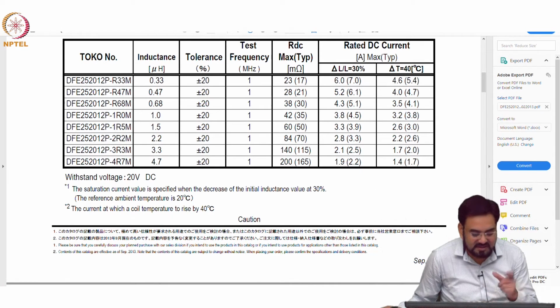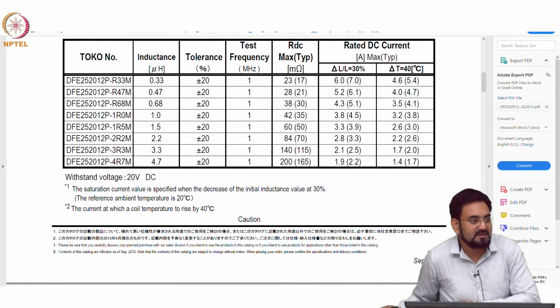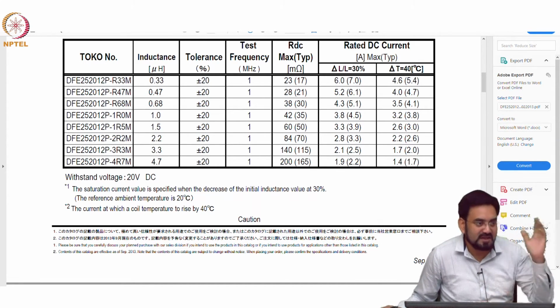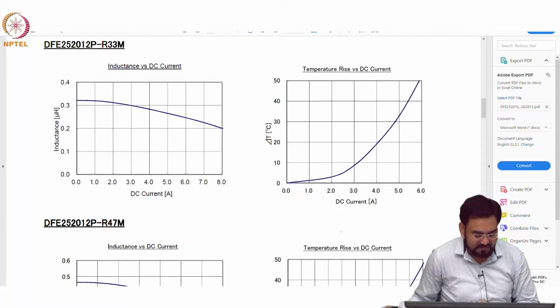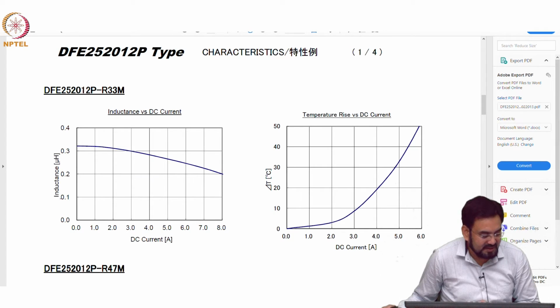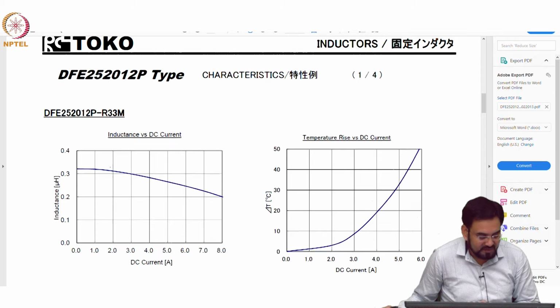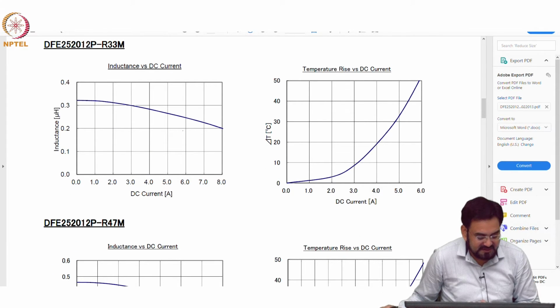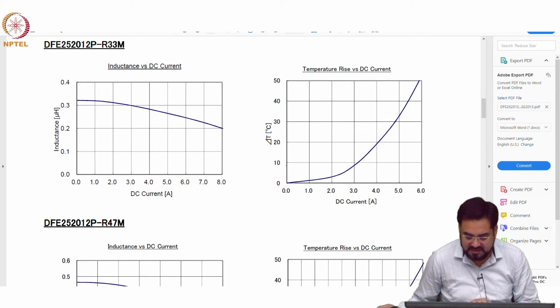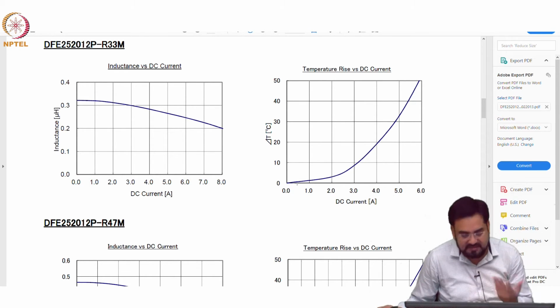So the biggest inductor you might see is in the battery charger actually, because that is where we charge, especially fast charging, and all those require very high current. So that's why. So you can see here, this is your inductance value dropping as you increase the current. And this is for 0.33 or so inductance, yeah, 33. So 30% when it drops, that will give you the saturation current. I just drew it linear, but it's not exactly linear, just to give you an idea that it will increase.